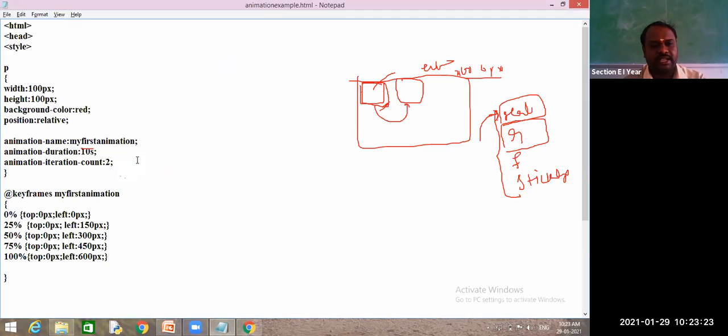Here you have to raise a question. Sir, if I write any animation and that animation should be applied an infinite number of times, then what can I do? Just apply the value as infinite. If you give this animation iteration count as infinite, then it will iterate an infinite number of times.